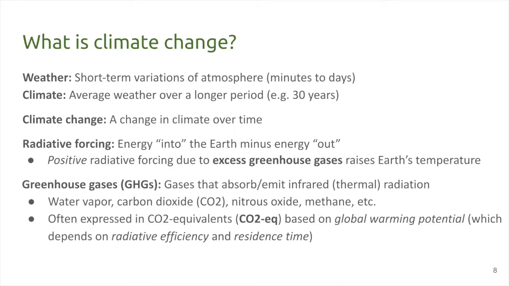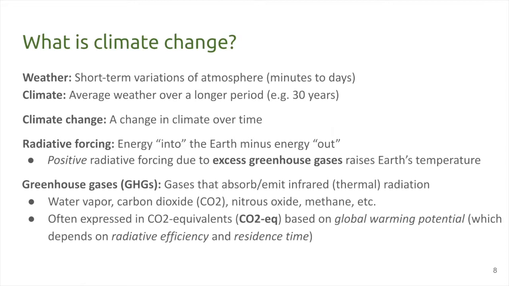When you see a cloud, it probably will rain at some point and that water vapor will come down. And so just to have a standard unit by which we can express the potency of a particular greenhouse gas, we often use the terminology of CO2 equivalence. So basically, how efficient is a greenhouse gas at trapping heat? This is called its radiative efficiency.